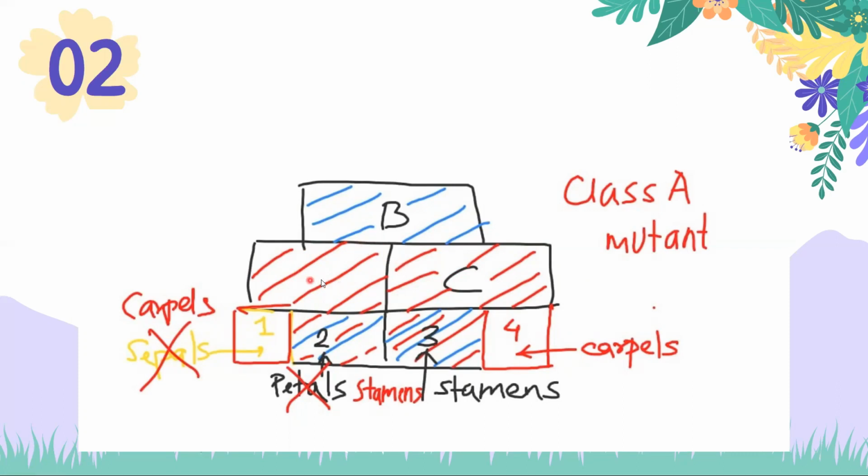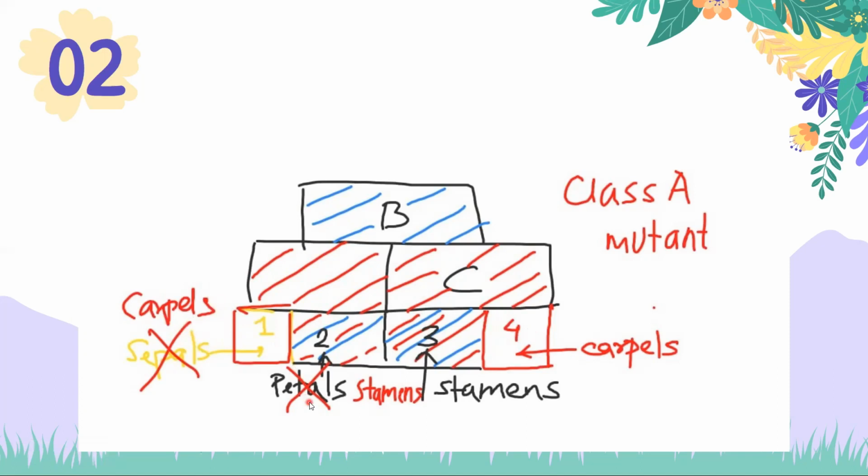Now, since you don't have A, it's all taken over by C. And therefore, I have marked the whole region by C. Now, here all you have is the class C genes. Since for sepals you needed A, and we don't have A, what do we have now? Just C. So, what do we get when we have only C? Yes, we get carpels. So in this first box, all you will have are the carpels. So no sepals, instead of sepals, you will have the carpels.